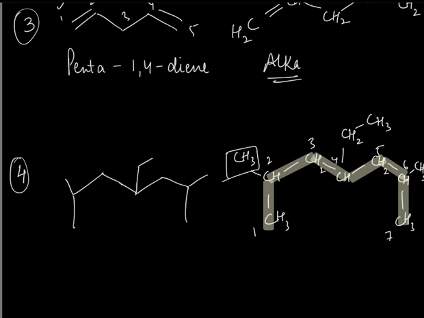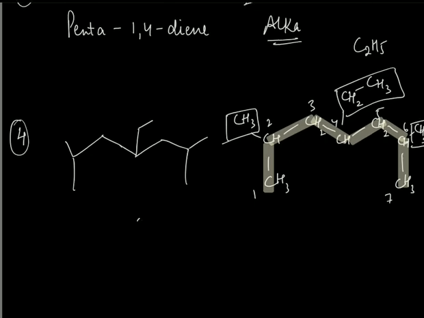You have the methyl group at second position, and you have ethyl. If you can see, this is C2H5, so this is at fourth position. And then at sixth position, you have another methyl. So now how to name this? Alphabetically, when it comes to alkyl, we have ethyl. E comes first alphabetically and methyl comes later on. So we are going to start the name like this: 3-ethyl, then 2,6-dimethylheptane. Hept stands for 7 carbons in the main parent chain.